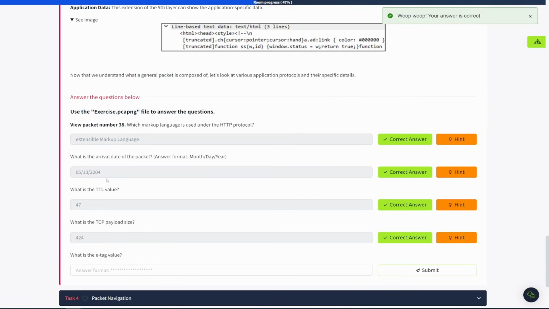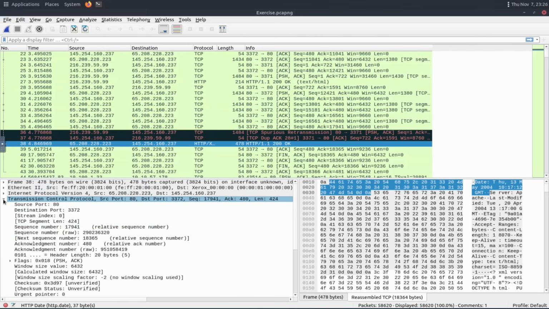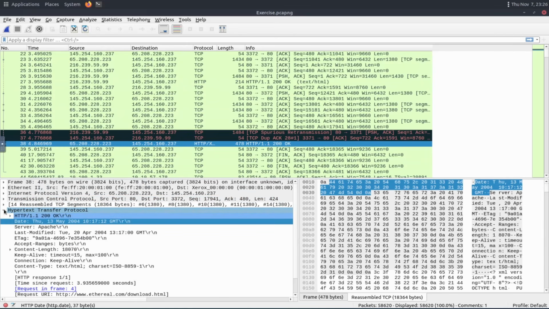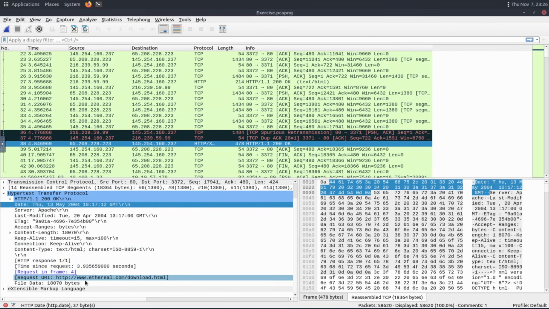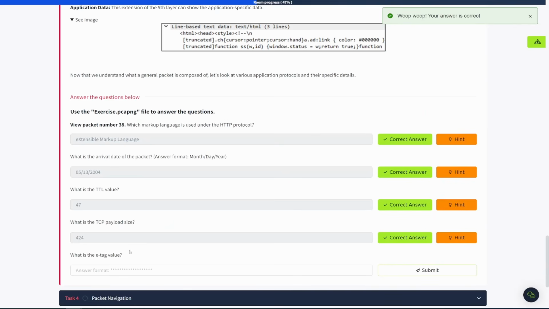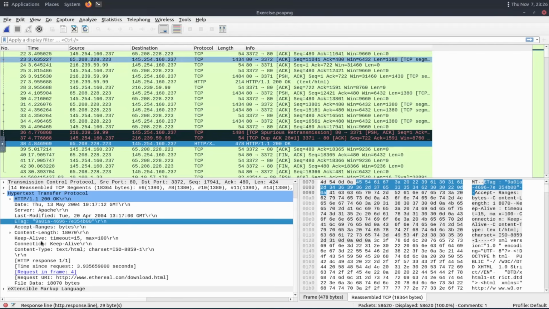What is the E-tag value? I don't know what an E-tag value is. Is that something I should know? Probably. Maybe it's a header? Oh, here we go. E-tag value. So I assume they want this long thing. So submit that. I'm not sure what an E-tag value is, but I figured it was probably in the Hypertext